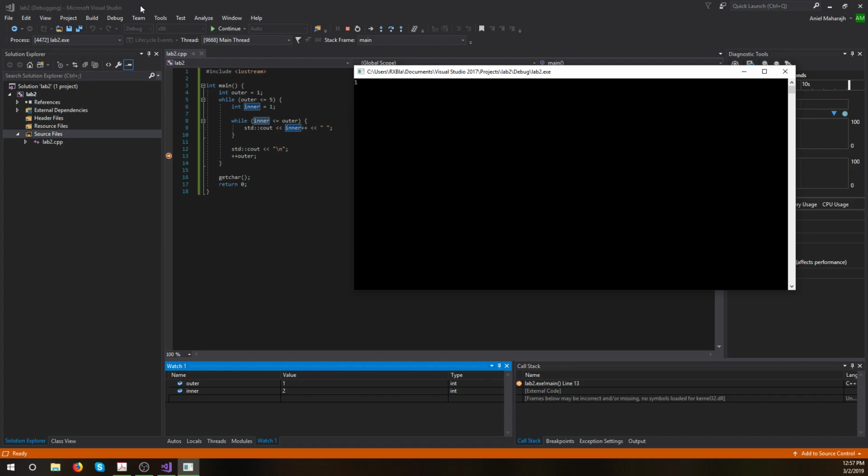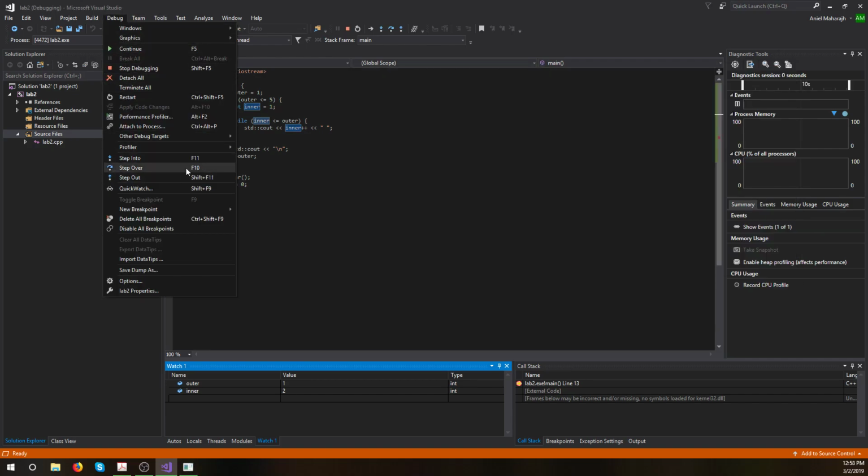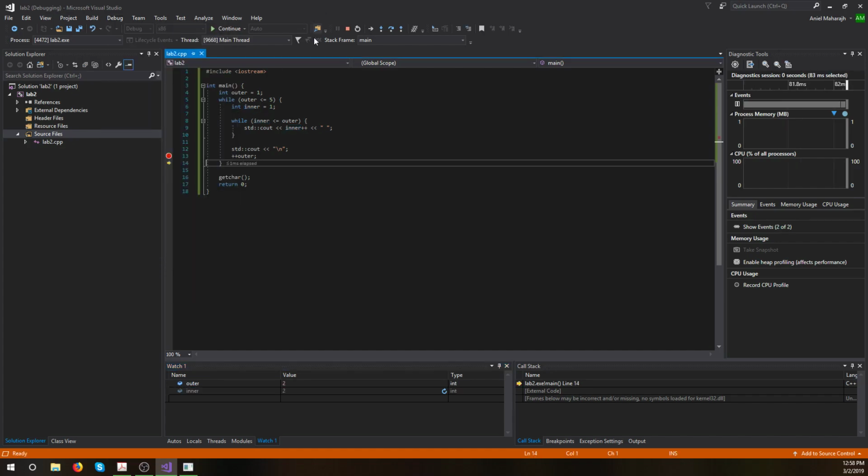So in this case, what happens is that we know that for the first iteration of the outer loop, and when we hit the first iteration of the inner loop, we're only going to see 1, because the only variable that we're outputting here is inner. But on the second iteration, because outer now goes to 2, we now want to slow down and see what happens here. So if we go on the debug menu, there is a step over represented by F10 here. If we hit F10, we can see that this yellow arrow here indicates the instruction that is to be executed. So we now start here because outer has been incremented, so we go back here,